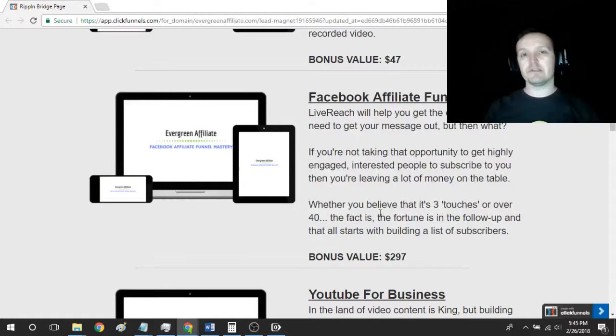So if you know how to set up your funnel properly and meet all of the Facebook guidelines, you can do a lot of marketing and make a lot of money on Facebook. But if you do it badly, that leads us back down the road of maybe getting your account canceled. Maybe it's just your ad account. Maybe they just lock you out so you can never make money off Facebook again. But why would you want to do that? So in this bonus, we show you how to create a Facebook funnel that will allow you to meet all their criteria, not endanger your account, and just collect leads and make money.